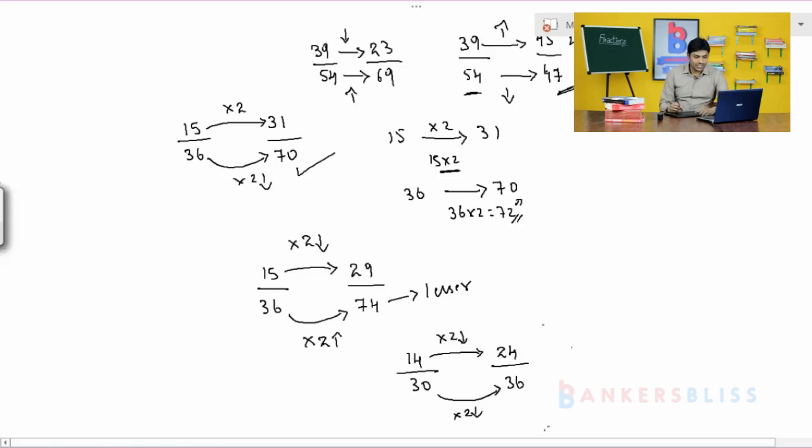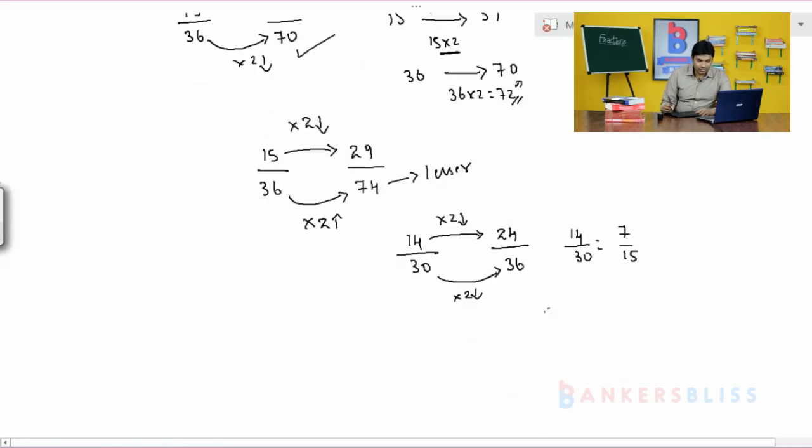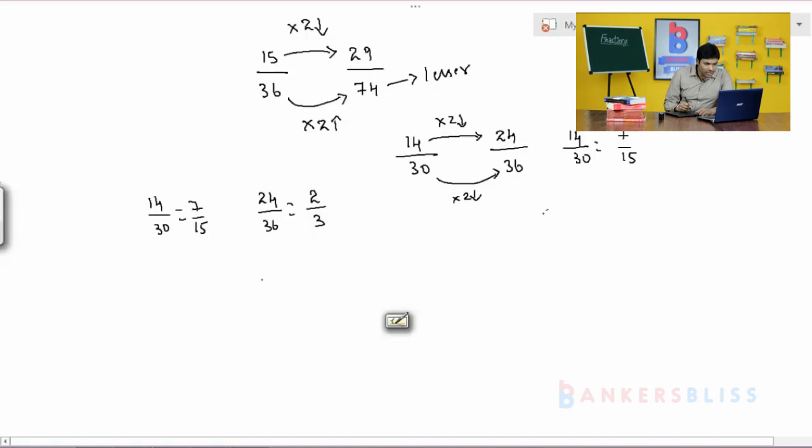So the given fractions are 14 by 30. If you reduce this one, how much are you going to get? 7 by 15. Next, 24 by 36. So you simplify this one. 12 2s are 24, 12 3s are 36. So 2 by 3 means